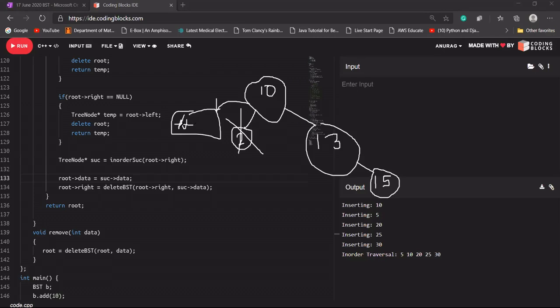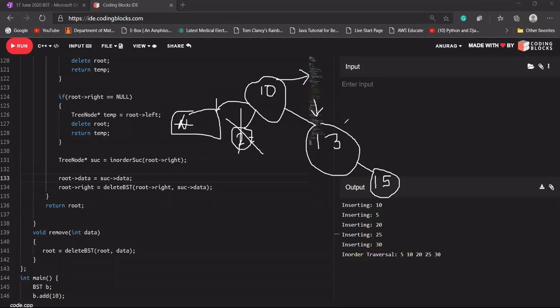Okay. And Mank was asking, can we write successor is equal to null? He was asking, let's say if our successor is null, can I write successor is equal to null? So in that case, Mank, yes, we can write it, but to answer your question, if I'm deleting 10 here, for 10, the in-order successor is 13 here.